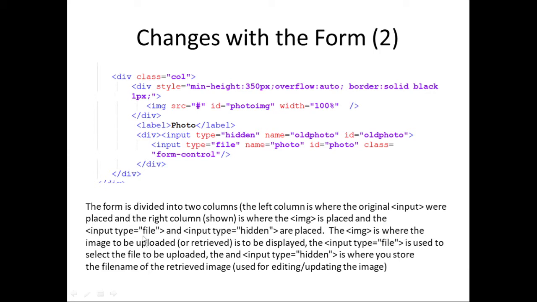Okay, so what I've said is also placed here, but maybe I've explained it. I have elaborated more when I explained it a while ago, but you can still read this one. Well, so let's just read. The form is divided into two columns. The left column is where the original inputs were placed, or that's the basic information,